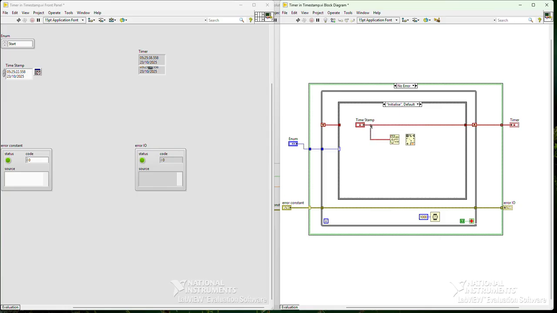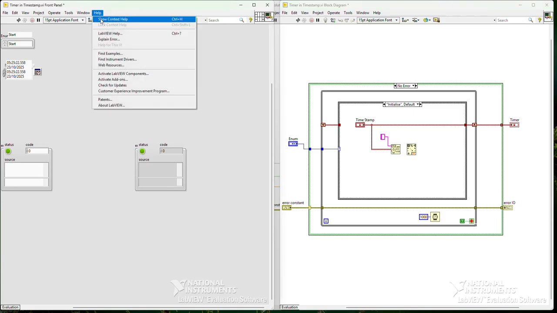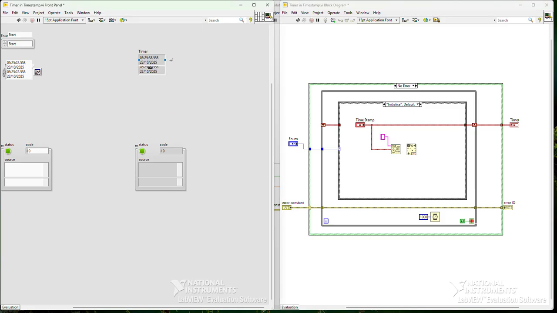So think that if I'm getting my value, the timestamp, maybe I can run in parallel. So you don't have to consider the same one. So we can run in parallel. And there is an option to change the pattern. So for example, if I go and select the help, not find example,